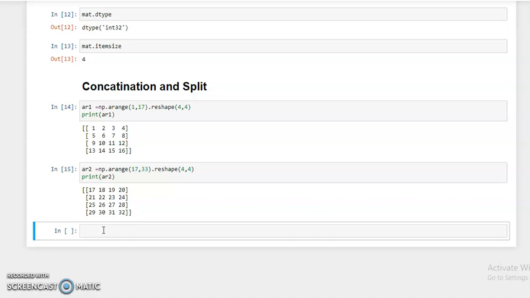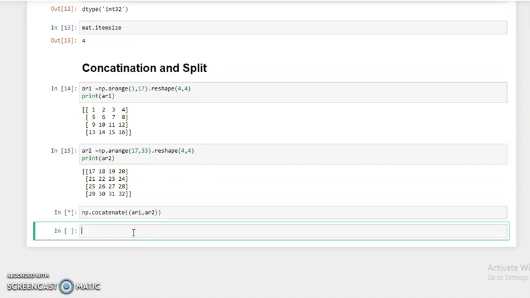So for this we use simply np.concatenate, then use brackets and pass array1, comma, array2, and then run.